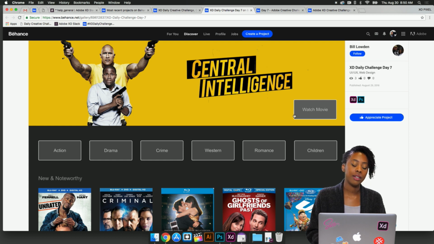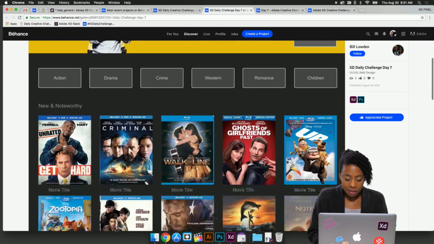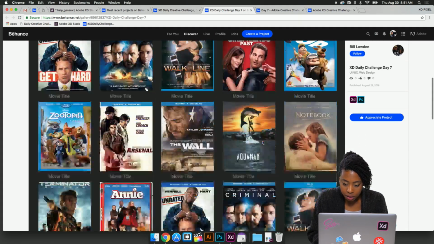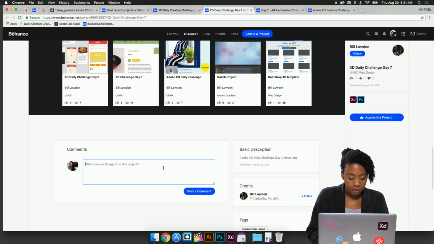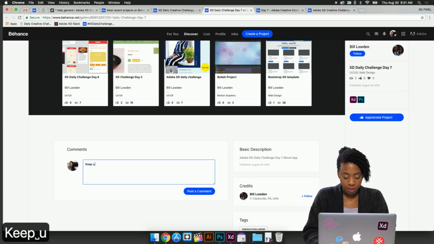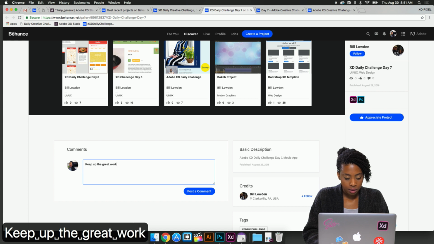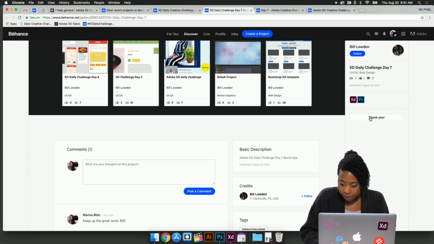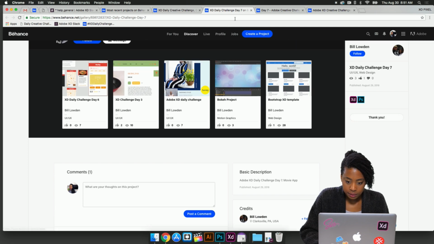That way you can easily distinguish between the different categories. So action could be blue, romance can be pink to represent love. I think that's my only comment, but this is really good. Keep it up. Let me appreciate that.